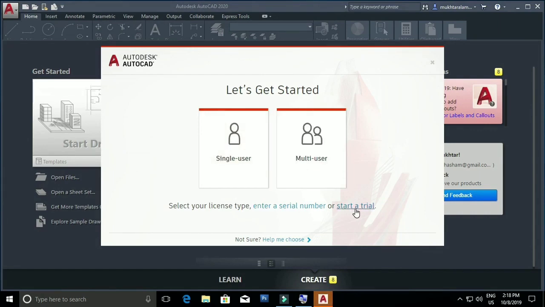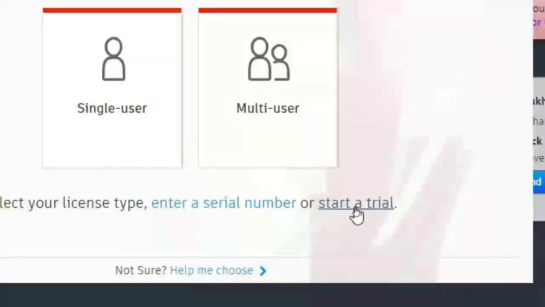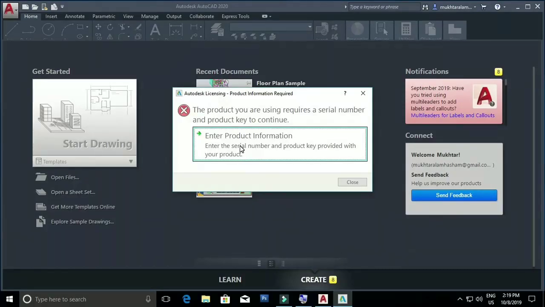Now if you don't have any license, you can click on start trial, and after 30 days it will stop working. As you have one serial number, so click on enter serial number, then enter product information.